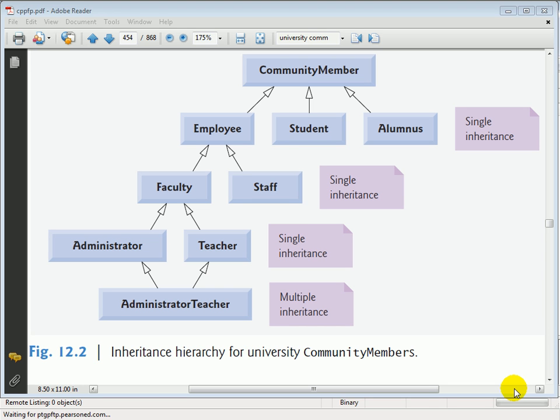Figures 12.2 and 12.3, community member and shape class hierarchies. In the next two figures, we're just going to take a look at some so-called UML class diagrams that show you the relationships between classes in a couple of different class hierarchies. We'll start here with this community member class hierarchy, and our goal here is to start to introduce the concepts of inheritance and some of the terminology of inheritance that we'll be using in the code examples in this lesson